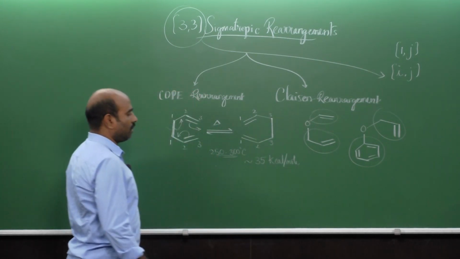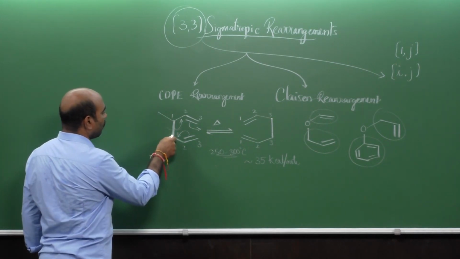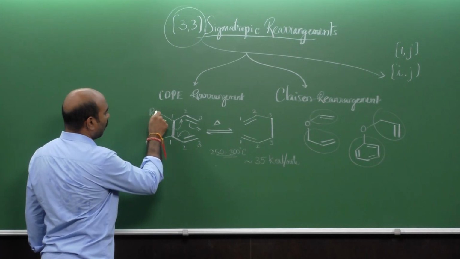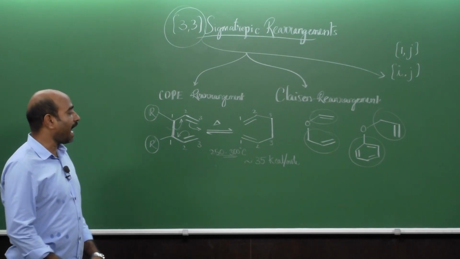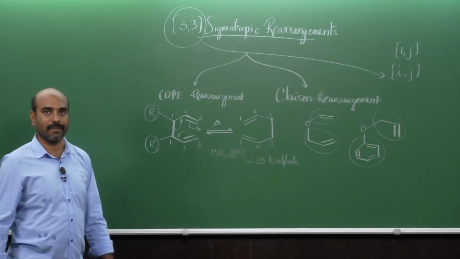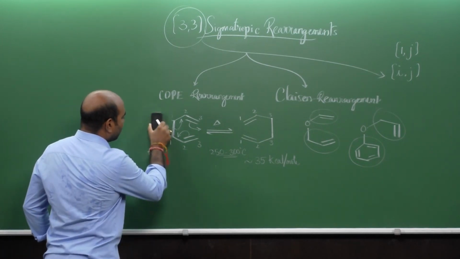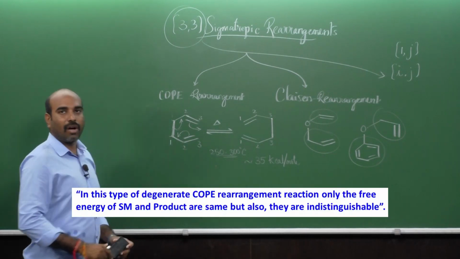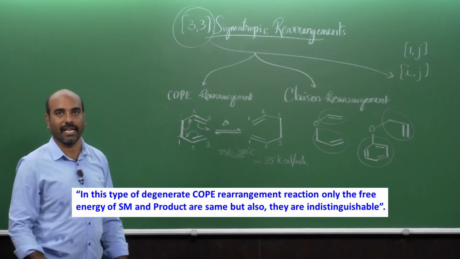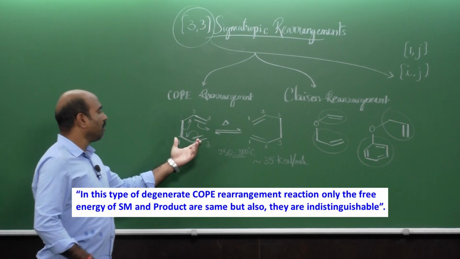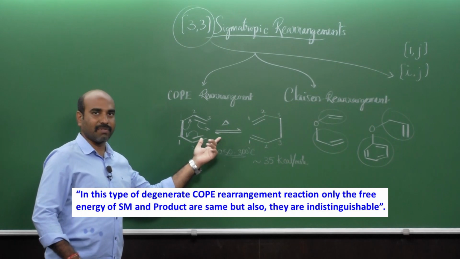The beauty of this is, if you try to substitute some groups on these two carbon atoms, then depending upon the nature of the groups substituted, the activation energy may further decrease. And the basic reaction is also treated as a degenerate sigmatropic rearrangement reaction. Degenerate means that from this molecule to this molecule, whatever energy is required is the same,